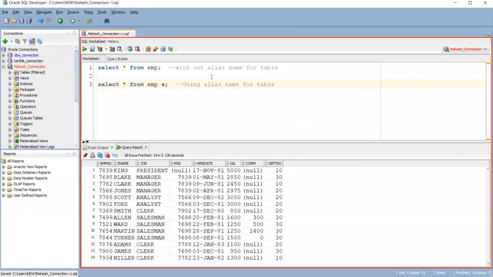That is E. Okay, so you can write a query like this: E dot star from EMP E, where you can retrieve the records from the table. Here we are giving an alias name for the employee EMP table, that is called E. Whenever you are using an alias name for the table, make sure you